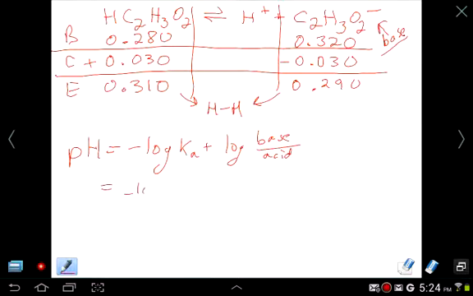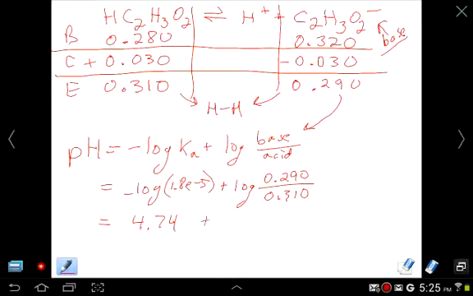Negative log of 1.8 times 10 to the negative fifth was our Ka, plus log, in this case our base is 0.290. Our acid is 0.310. Go ahead and put this into your calculator and see what you find out. This is still 4.74